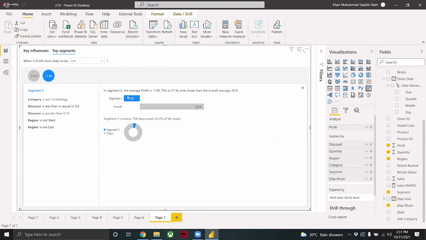So a segment er specialty, what is the properties of this segment? The property is the category is not technology, other than technology category. Discount is less than 0.4. Discount is greater than 0.15. So 0.15 is 0.4 and মাঝখানে discount. Region is not west, region is not east. So technically means region is central. So সেখান থেকে, so this is actually, imagine this, যে মানে তোমার data থেকে তুমি কিছু major groupings পেয়ে যাচ্ছ